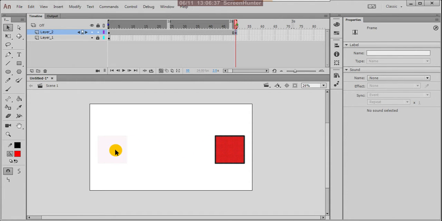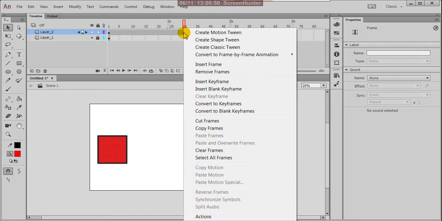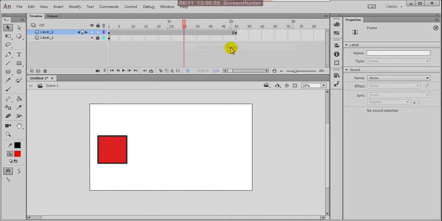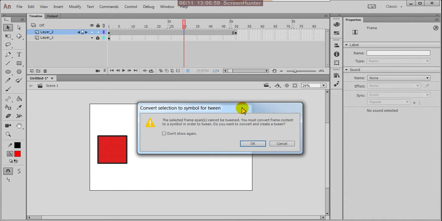Between these two keyframes we are giving the animation. For that, on the timeline anywhere between 1 to 50, you can click anywhere and choose create classic tween. Then immediately a dialog box pops up: this selected frame spans cannot be tweened.